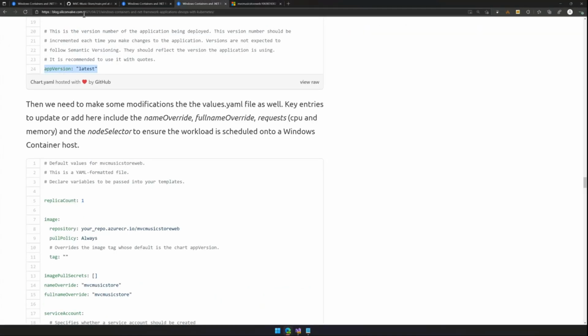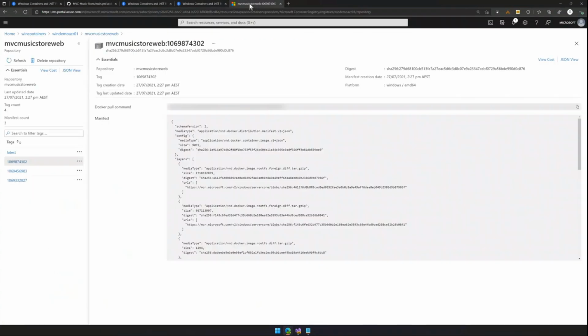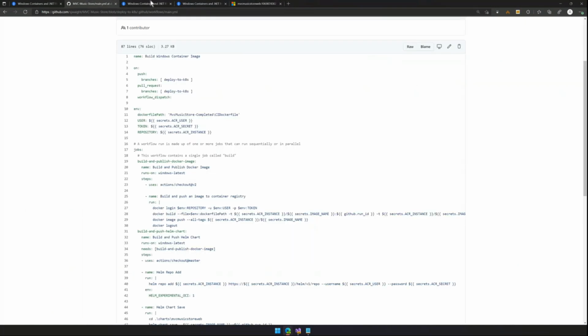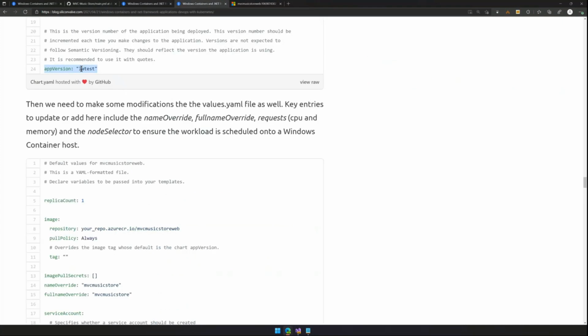So what I mean by that is this tag here, so this 106987, you could pass that in as part of your build process so that this particular app version latest has the tag on it. And then the good thing is there, every time you look in your Kubernetes dashboard, you'll be able to see exactly what container version you're running, rather than just seeing the fact you're running latest, which is easy, but is not necessarily the best way to do things.